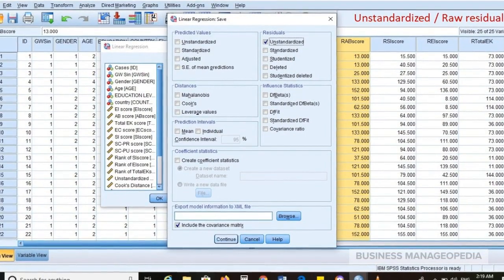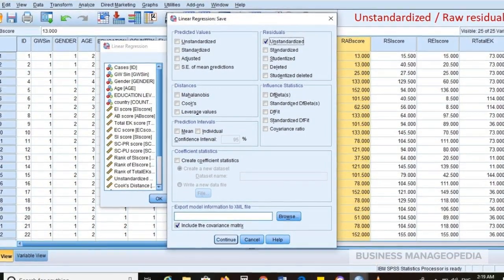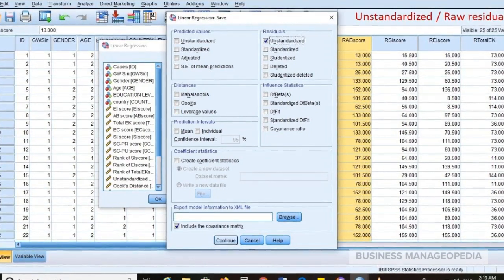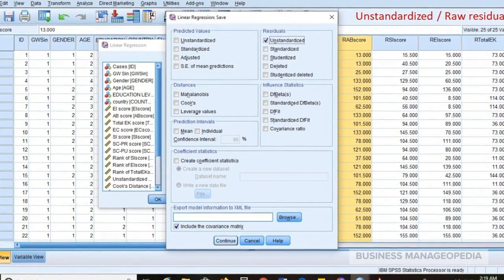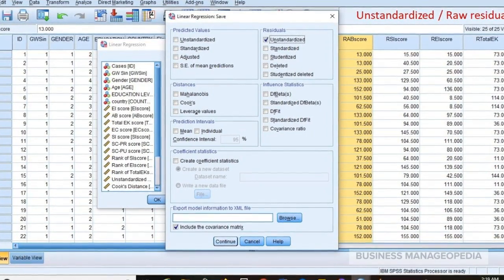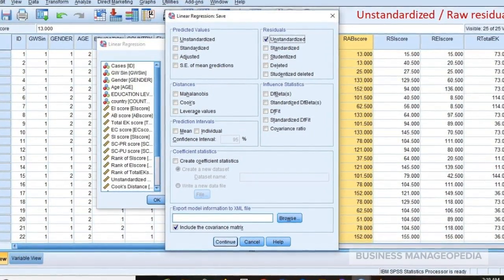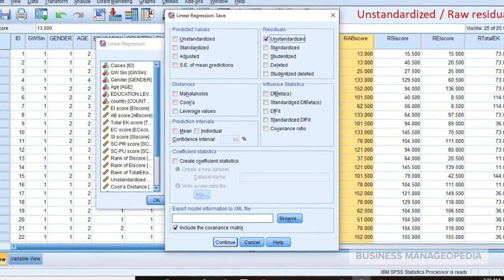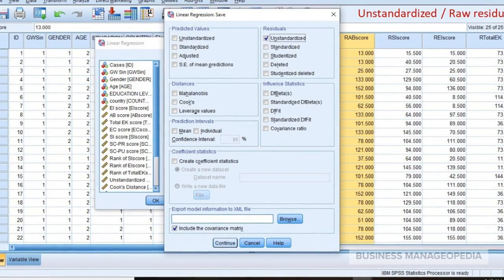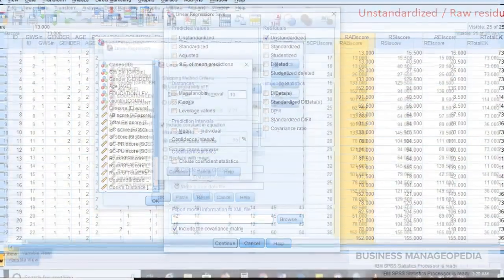When we hit the Save button, a box like this will open, and here we will select Unstandardized on the top right corner under Residual. Selecting this will help us save the unstandardized or raw residual, which we are going to use in step number 3.